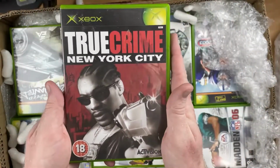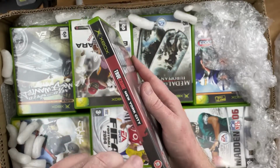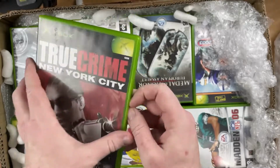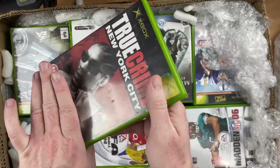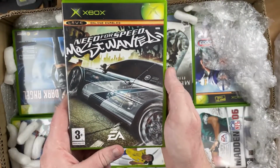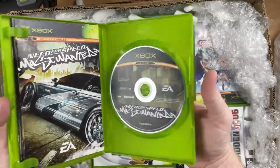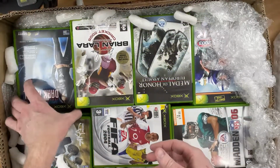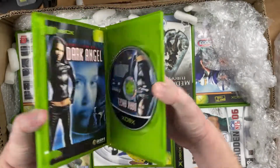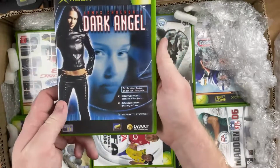So first one off is True Crime New York City. That is actually a new game completely. I think we've got True Crime LA for the PS2. And good start, disc and manual. So the old classic Need for Speed Most Wanted. Very nice. And they all feel like they're box complete as well so far. And that is typical. I don't think I clocked that one when I was looking at the listing, but it is box complete,